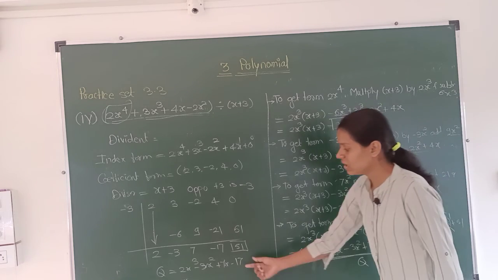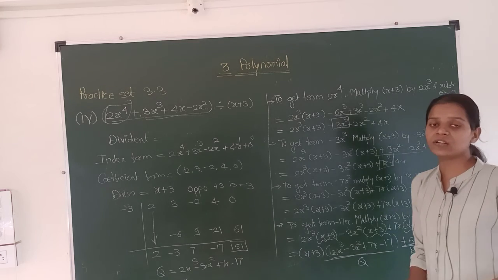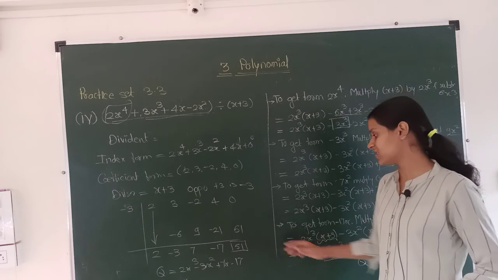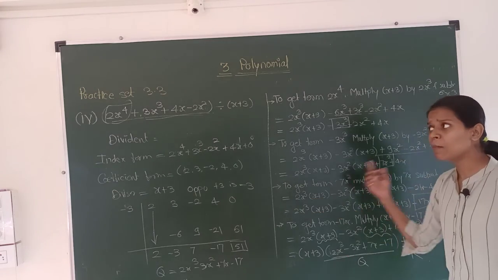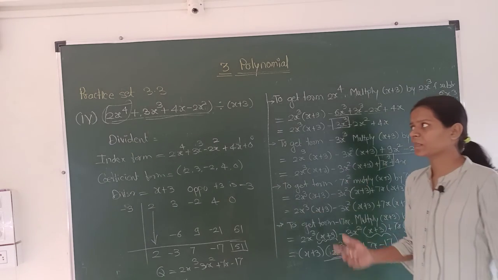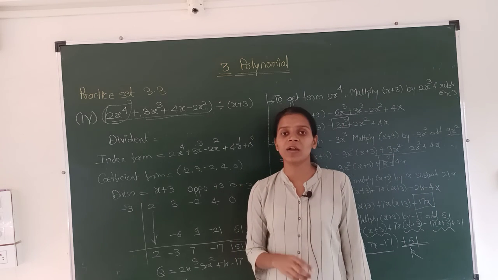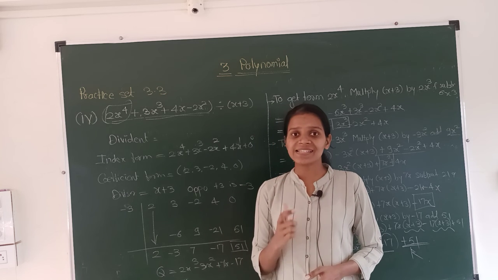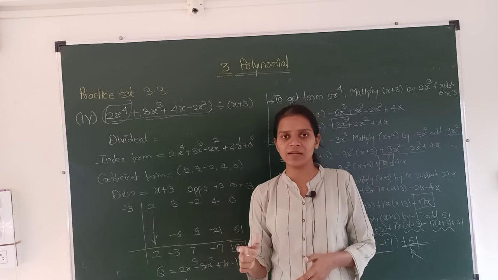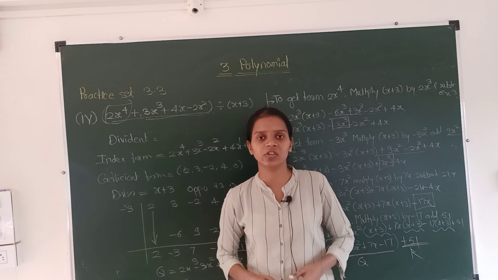You can compare. Here the quotient and remainder are always the same. No matter which method you use to solve the example, the answer will be the same. You can observe the quotient and remainder for both methods is the same. Today we have solved examples number 3 and 4 from your practice set 3.3. Practice as much as you can. Practice each example 4 to 5 times. Only then you can solve it perfectly and it will be perfect in your mind.